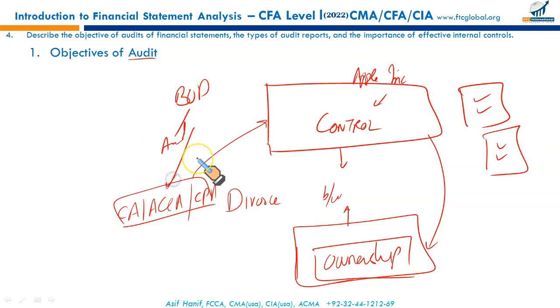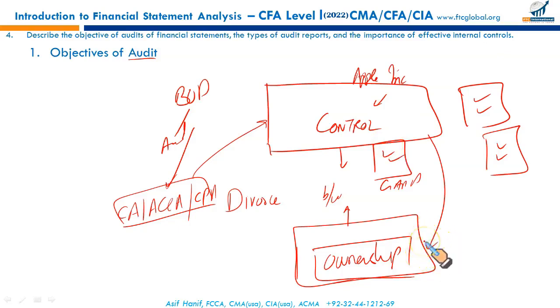The audit committee will appoint the audit firm, and this audit firm will conduct an audit to assess whether the financial statements give a true and fair view. They have been prepared in accordance with the GAAP. Once the auditors certify through an audit opinion that the financial statements are free from material errors, they give a true and fair view, and they are prepared in accordance with the US GAAP, then